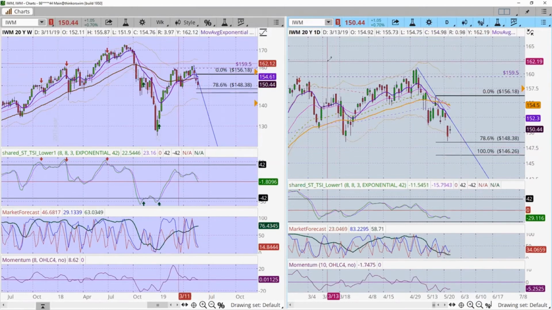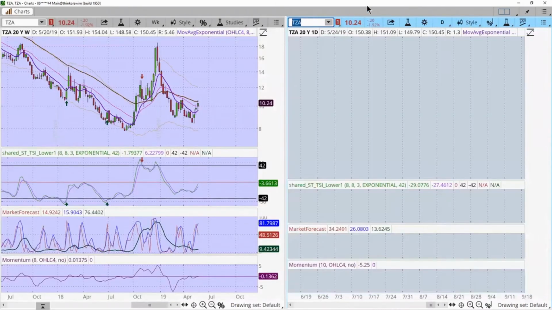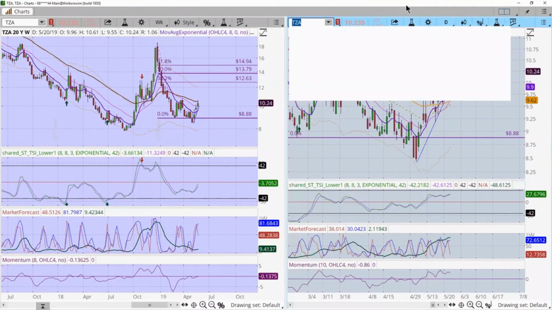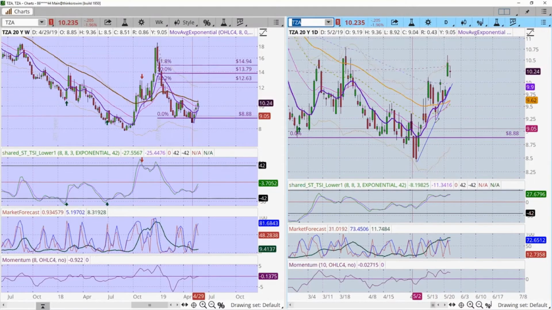So there's a lot of opportunities you can do with options and all that kind of stuff on that. I would look at trading TZA on any kind of a pullback up into the 8-day moving average. On the IWM, and as you can see, this has made a nice little move higher.